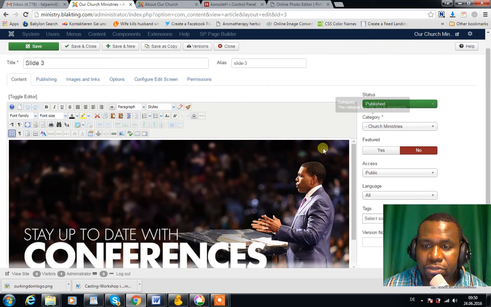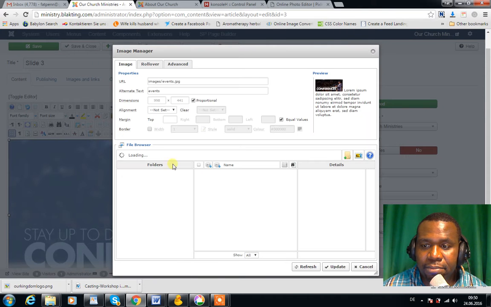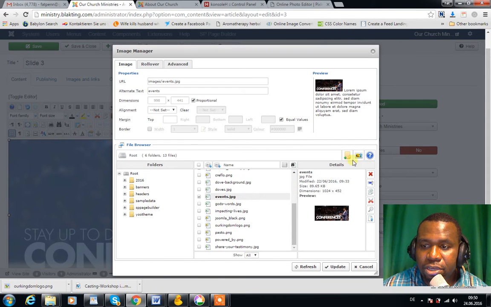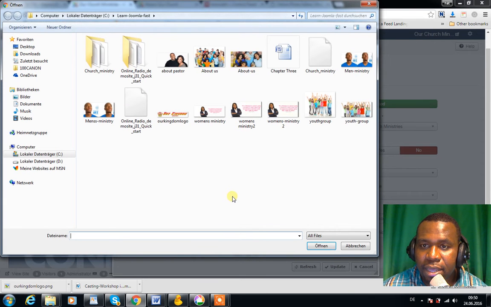Okay, so what you do here is you click on the picture, make sure it's highlighted, and you click on this icon, insert/edit image. You go on this icon where it says upload, click on upload, click on browse. I would like to change it to the men's ministry here, to this picture. It says 1025 by 478. That's pretty close. That's good. I'm going to click open,